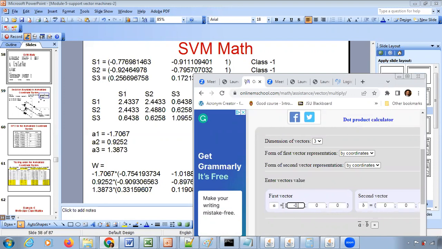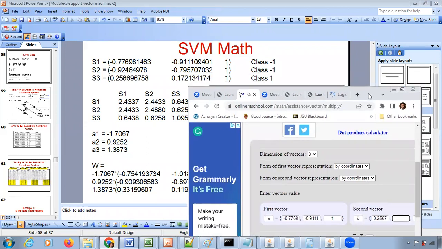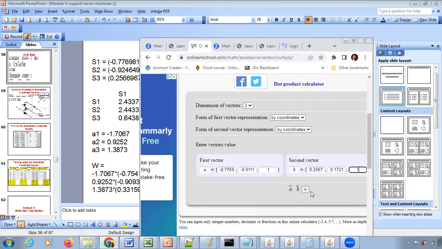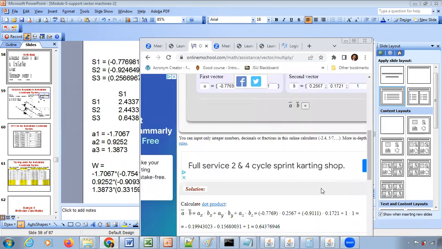Let us say you want to find S1 times S3 now. So negative 0.7769, and then negative 0.9111, and then 1. And S3 is our second vector. This is 0.2567, and then this is 0.1721, and that's a 1. So once you type the 2 vectors, you can click equal to, and that will give you the dot product,